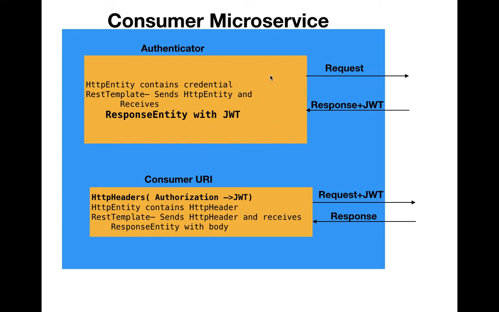The provider or producer microservice is going to provide the output or response that this first microservice wants to use. So once this authentication happens, the rest of the URIs can go on providing this JWT with the help of REST template, and this REST template is going to contain the HTTP header, and there will be an authorization variable, and the value is going to be the JWT which is already available from the first authenticator or first URI.